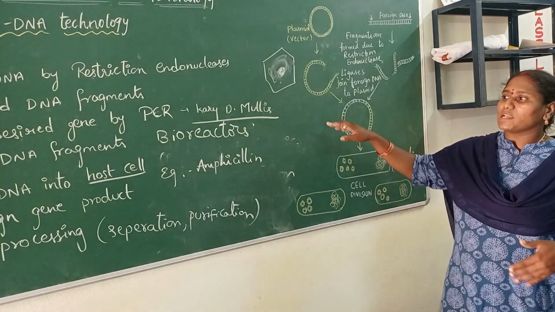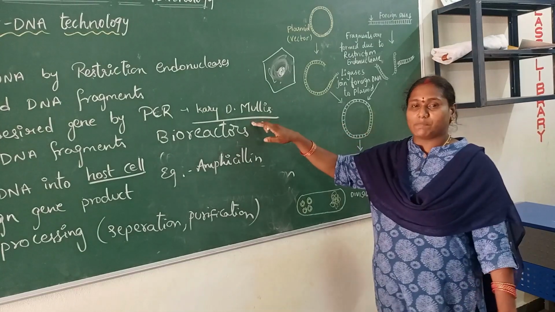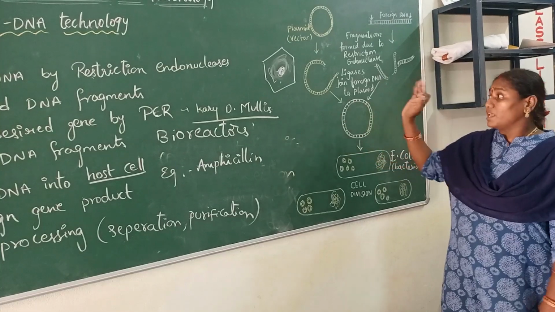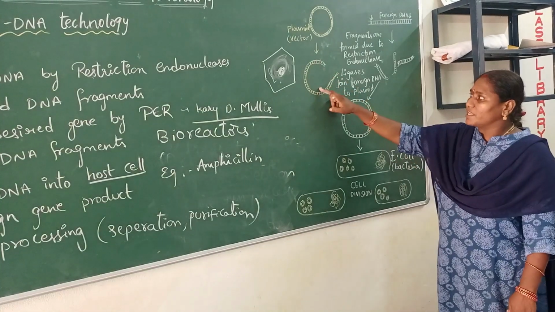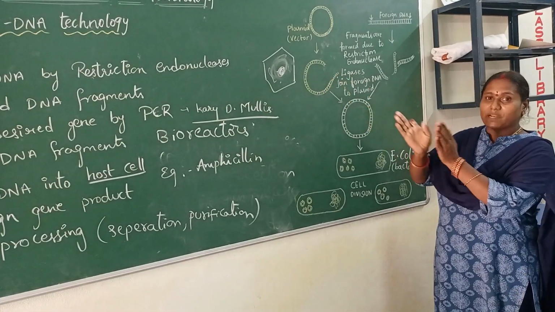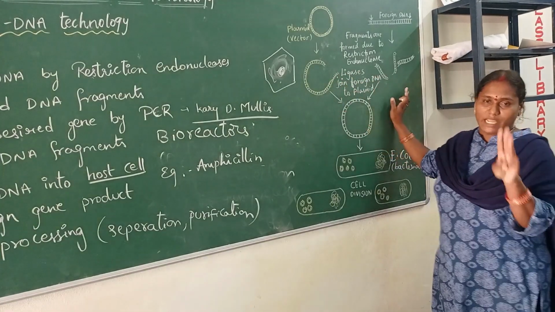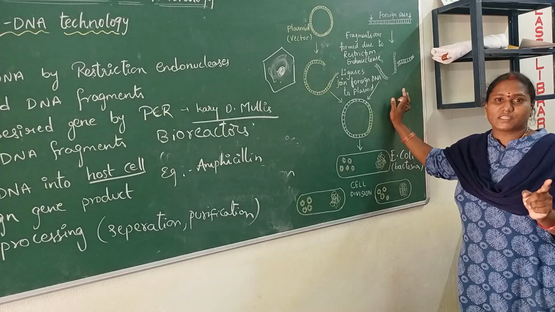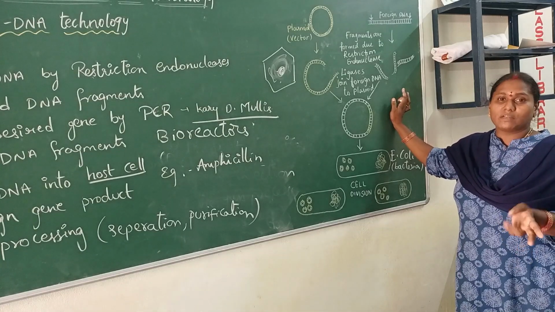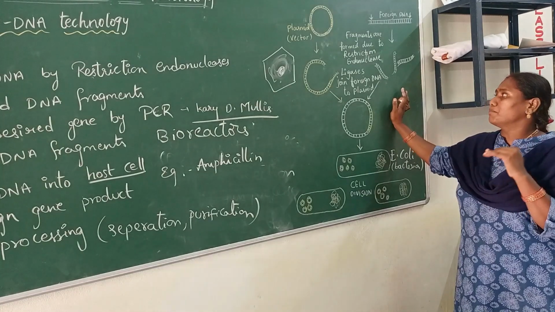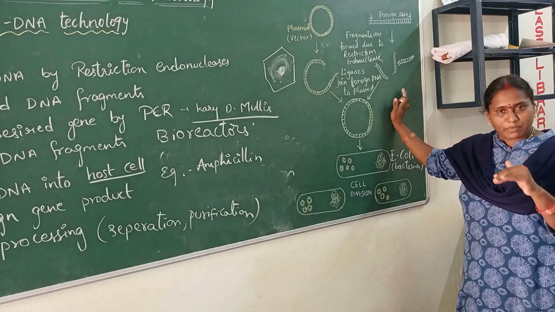The next topic I said is amplification of the desired gene by using the PCR technique, polymerase chain reaction, where I said that the double stranded DNA molecule will be separated into single stranded molecules by three processes. One is denaturation, the second is the addition of primer, and the third is the primer annealing process or exchanging process. Polymerase is the enzyme utilized here.